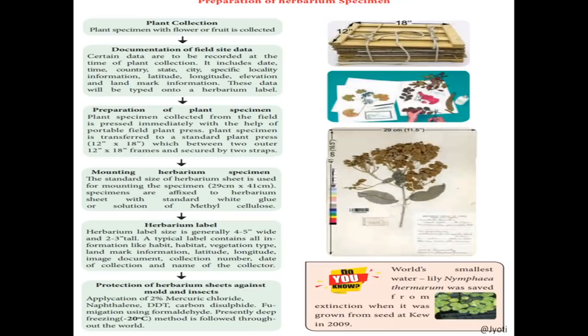Because from the flower we can identify the family, and the flower is the most important part which tells about its reproductive features. So that's why the plant should be collected in such a way that the flower or the fruits are intact. If the flowers and fruits are of bigger size, then we can collect the flower and fruit separately. So after that, what is the next step?